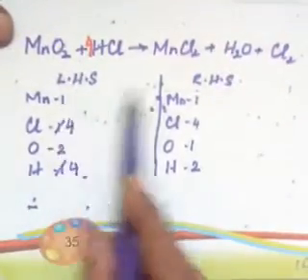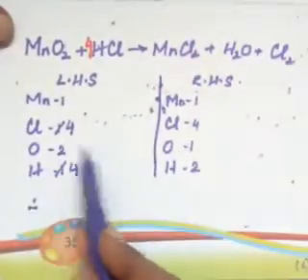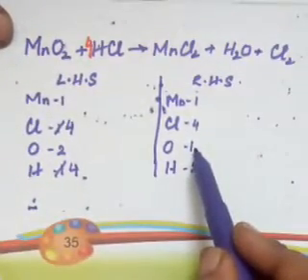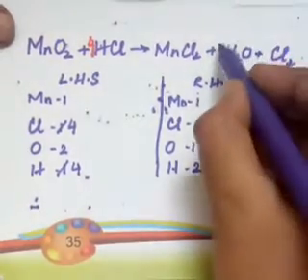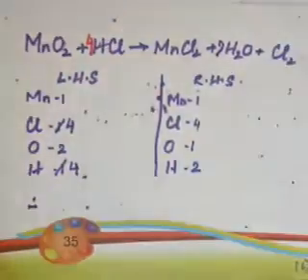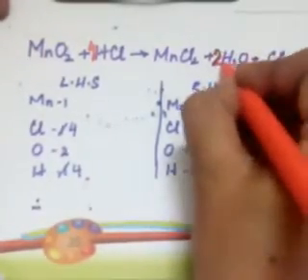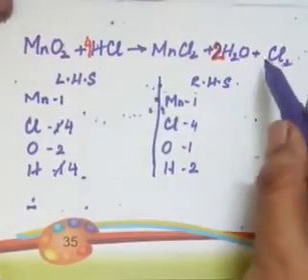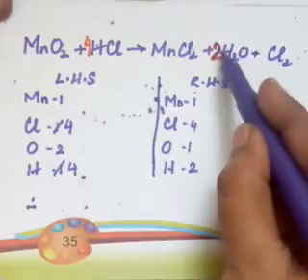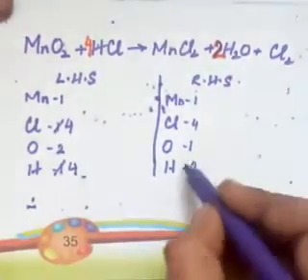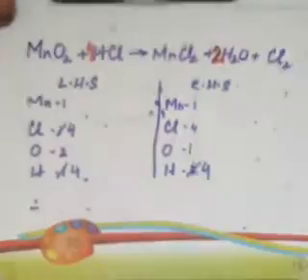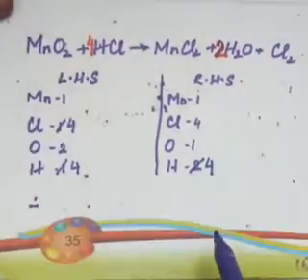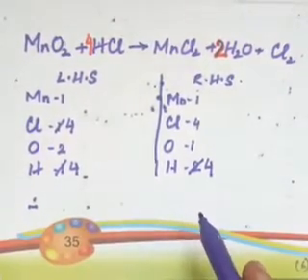So now if we see here, manganese is balanced, chlorine is balanced. Now you see oxygen over here. Oxygen is 2 over here, and here oxygen is 1. So to make oxygen 2, we will make here 2. I'll write in a different color so that you understand what change we are making. So here 2 oxygen. Now this 2 is for this oxygen also, but there is also a change with hydrogen. Now this hydrogen has become 4, and automatically it is balanced. We have not balanced hydrogen, but as we balance oxygen, automatically this has balanced.